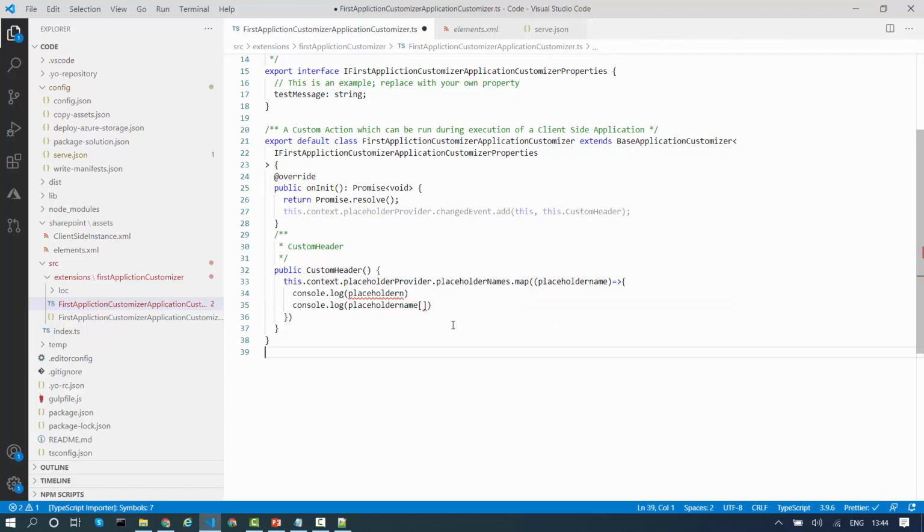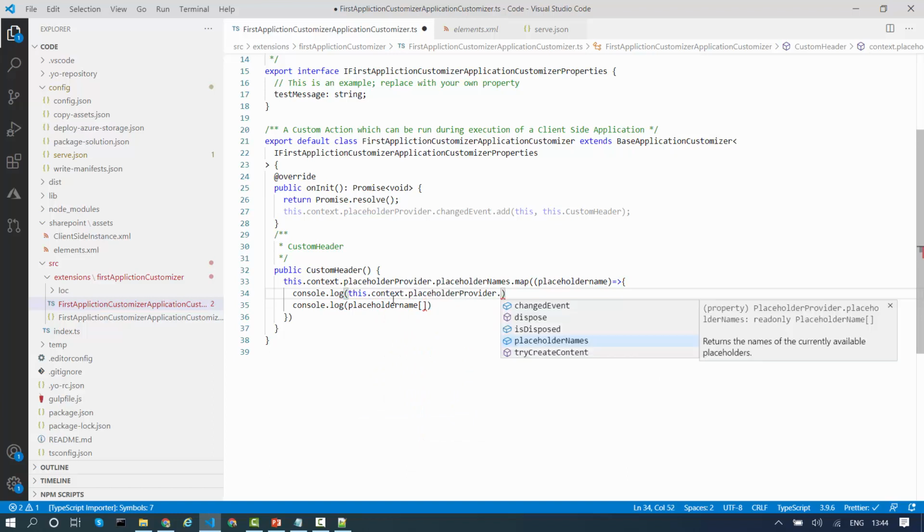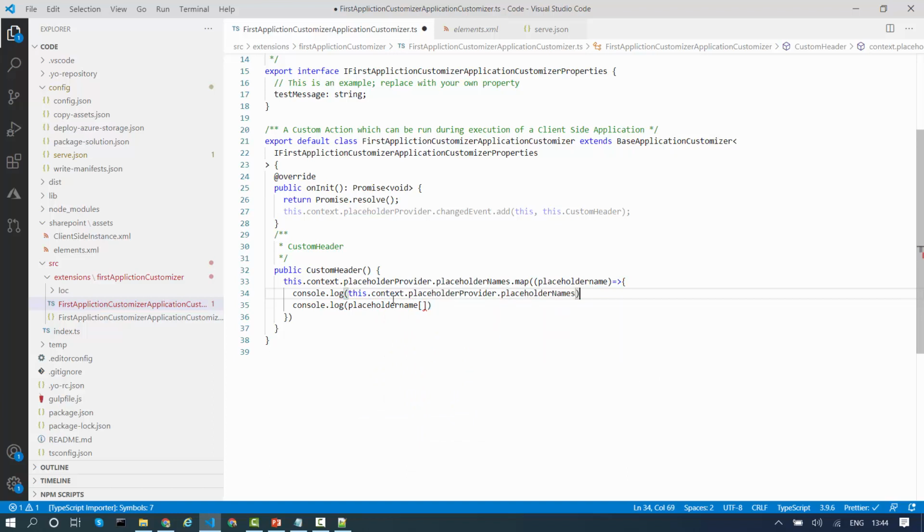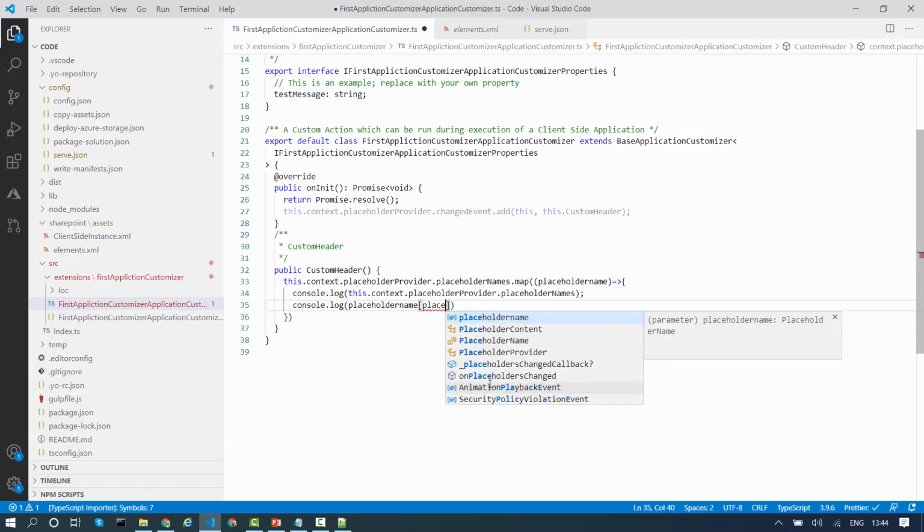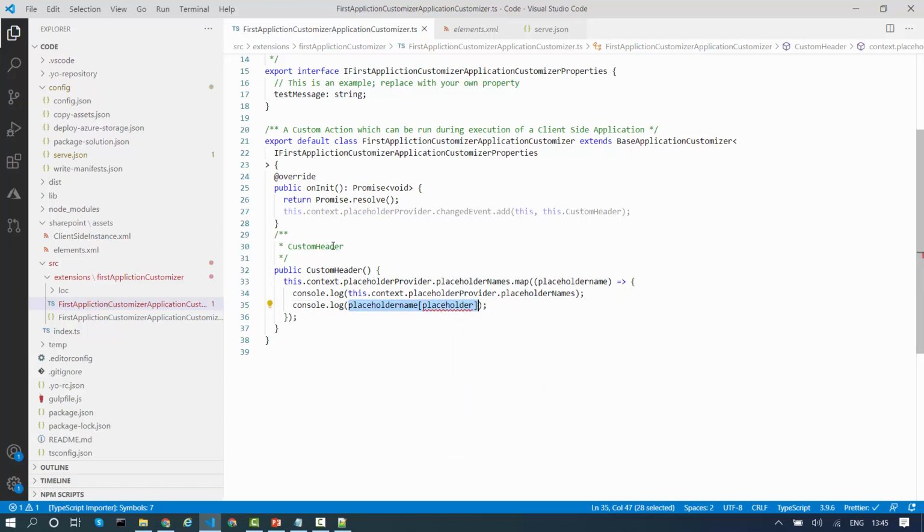So I'll say this.context.placeholderProvider.placeholderNames. I will show you this array also, and after that I will show you the console.log of placeholderName. To get the placeholder name, I'll use placeholder, which is the property. It is giving me an array, and this is the name of my placeholder.